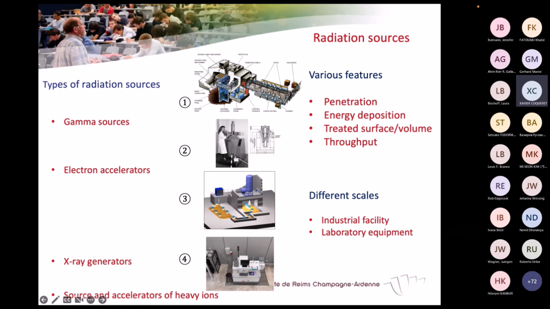This is protected with a large amount of concrete, and by extracting the source and by moving different samples to be irradiated in front of these cobalt sources, we can apply the desired radiation dose. This is a typical industrial facility, while on picture number 2,